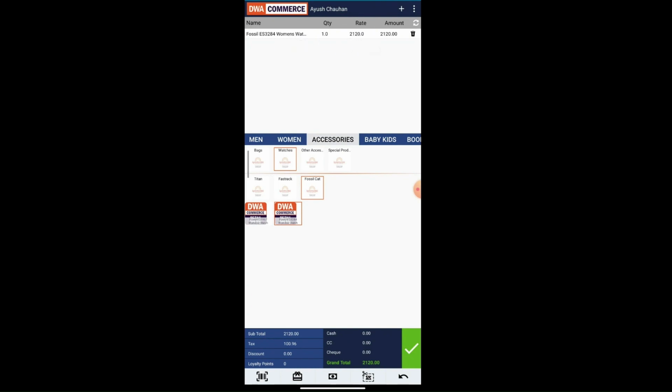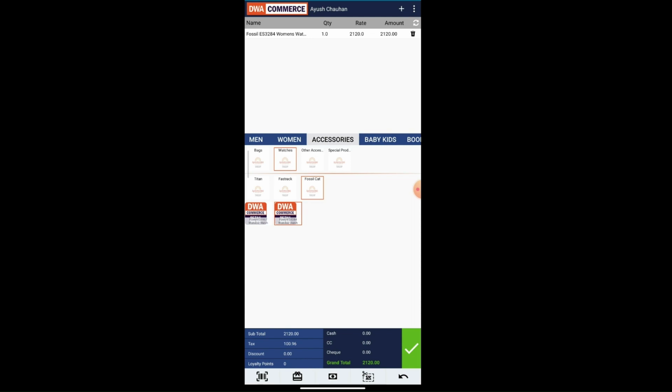After you have added a product or products to the cart, you can apply promotions or loyalty points discounts and offers. To do this, click on the gift icon next to the barcode icon in the footer. It's important to make sure that you have added a customer to the transaction before attempting to apply loyalty points discounts, as you will receive a party not found and add party message if no customer is associated with the transaction. Once a customer has been added, you can enter the number of loyalty points that you want to redeem as a discount. However, in this case, the customer does not have any loyalty points available, so we will move